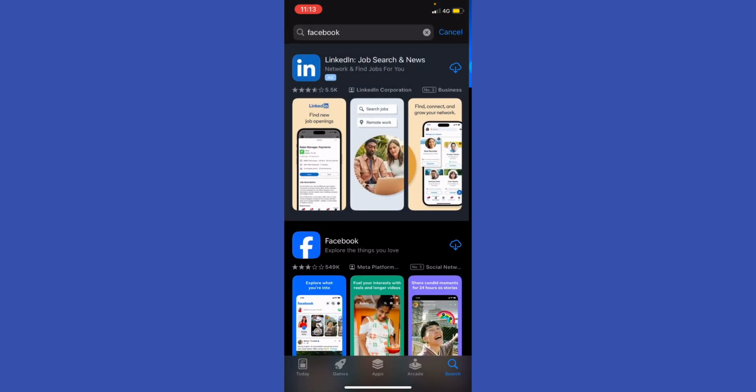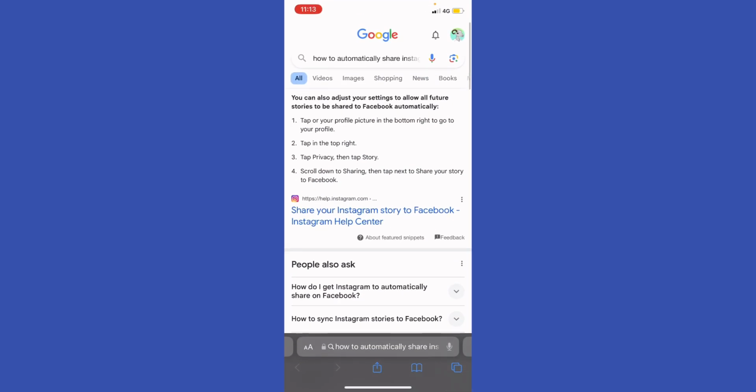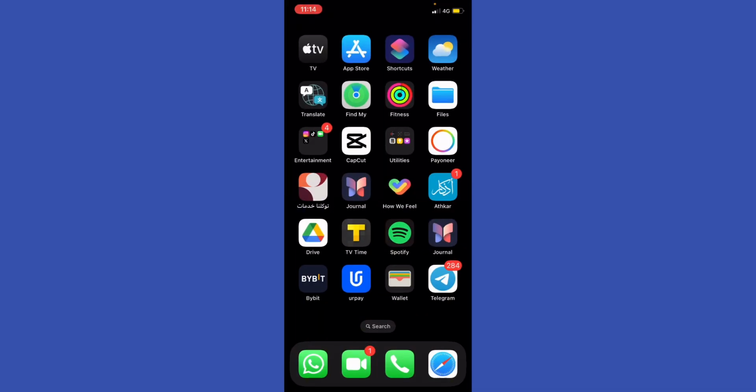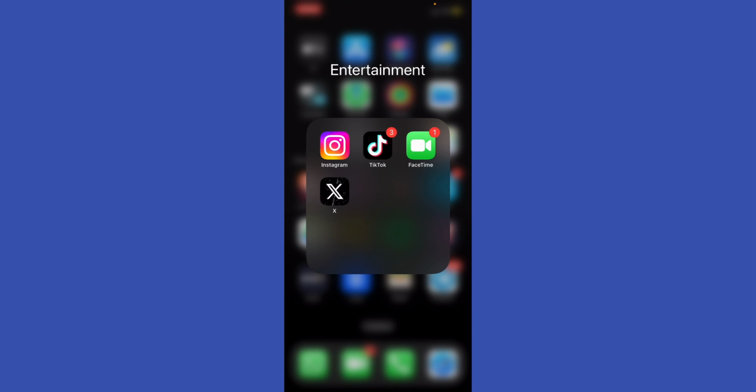Now what I'm going to do is go back to my screen, right? Go ahead to your browser. And then it says tap your profile picture at the bottom right to your profile, tap in the top right, and then tap privacy, and then tap story, scroll down to sharing, and then tap next to share your story to your Facebook. But in our case, we are using professional mode, so it's going to be a little bit